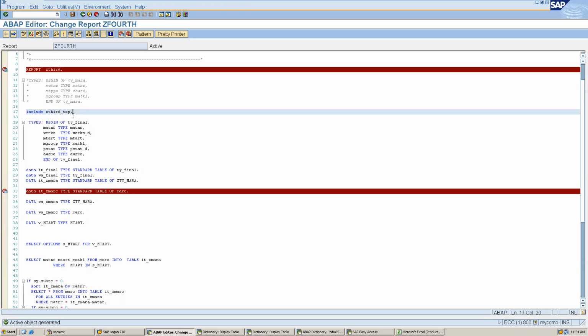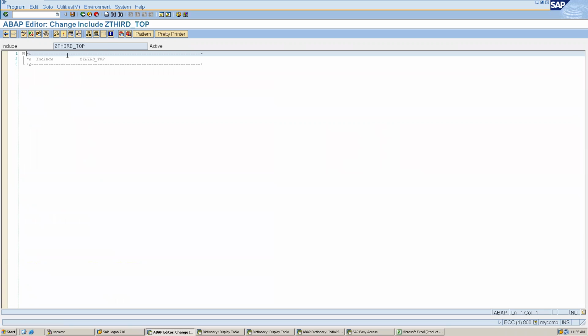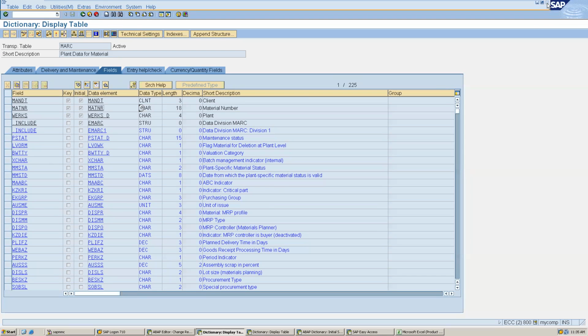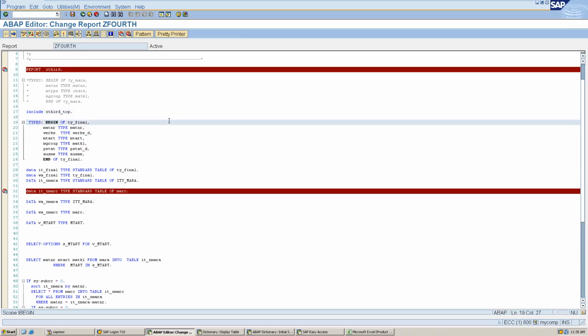We have added the include here, so this program became inactive. So I have activated both together, this include and this program. The object types REPS and REPT represent the report and this include. When I was activating my program earlier there was no include, but it was still asking for REPS and REPT. Actually, I'm not recollecting, let me check.